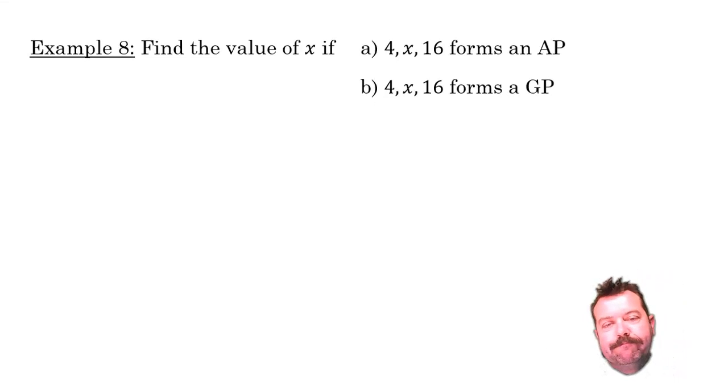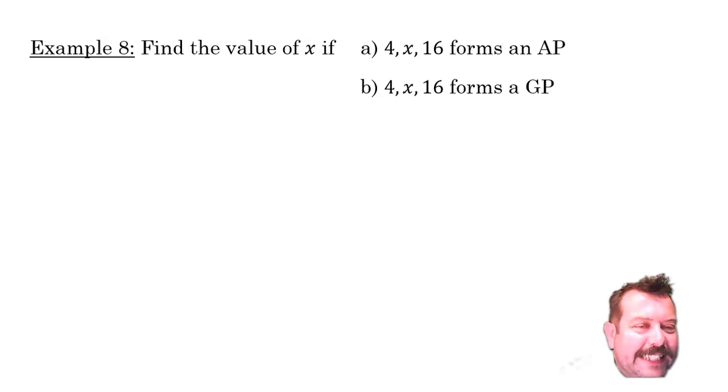Here's an example. Find the value of x if 4 followed by x followed by 16 forms an AP. If those three numbers form an AP, then the difference between 4 and x is the same as the difference between x and 16. This is in fact what we call the arithmetic mean of 4 and 16. It's the number that's halfway in between. So we can use that